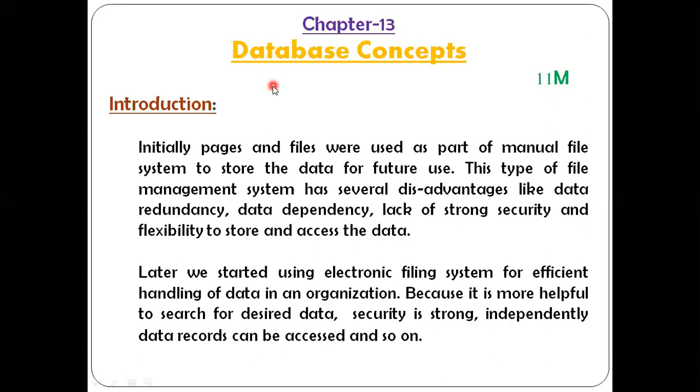What exactly happens here is, once you click on that go or submit, the railway database will try to fetch the data. It will try to access the data which is stored in the database. So you are trying to access the information.